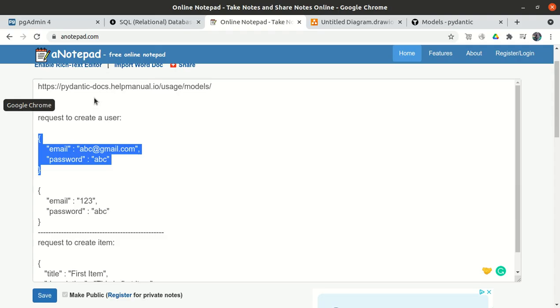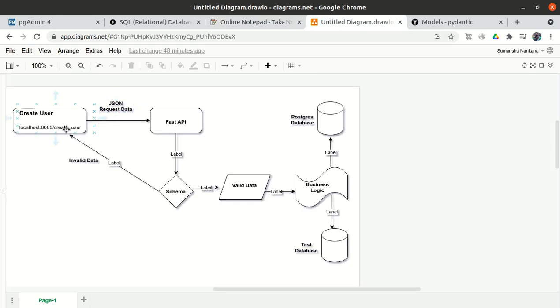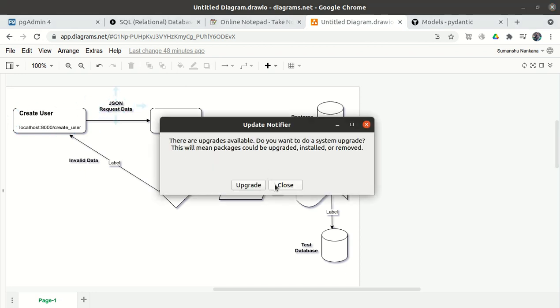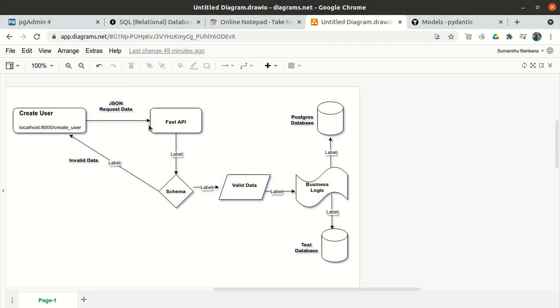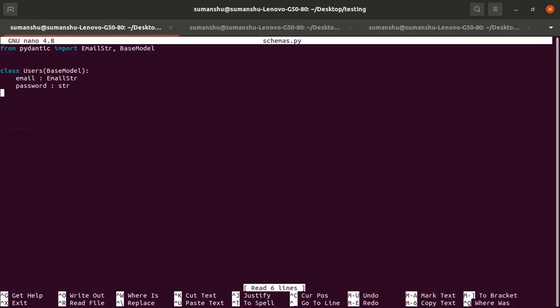So basically, we will create one route in main.py, a POST route, and then from the documentation we will hit that particular route and pass the JSON schema. It will go to FastAPI, and it will check the schema from the schemas.py file and validate it. If it is invalid, it will return a valid response to the user. Otherwise, we will do some processing under the POST route, and it will insert into the database. We can insert the data into the test database and the Postgres production database, and that's why we use